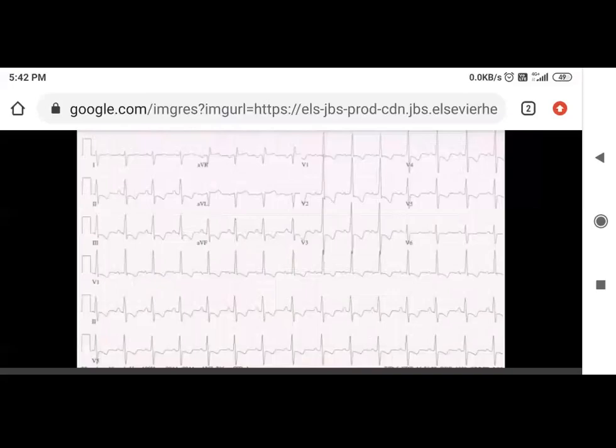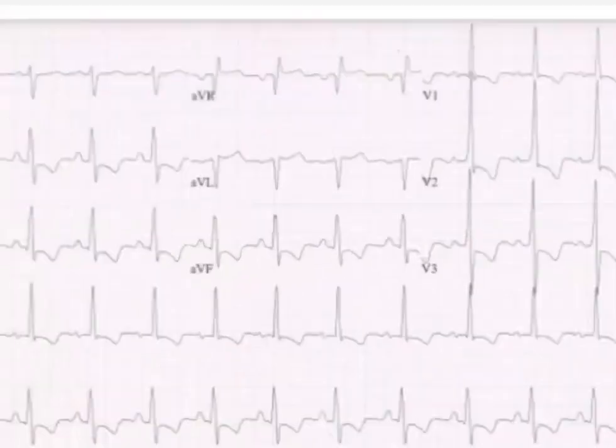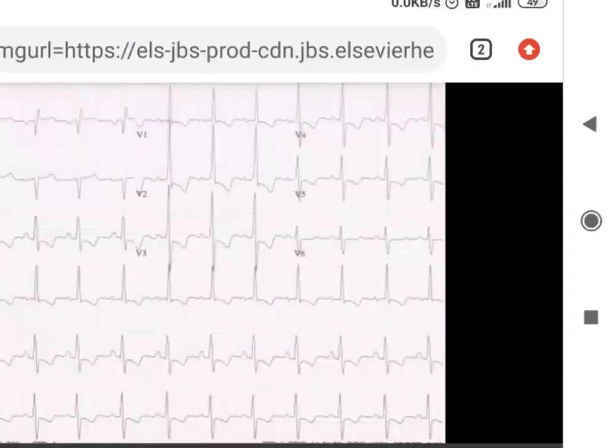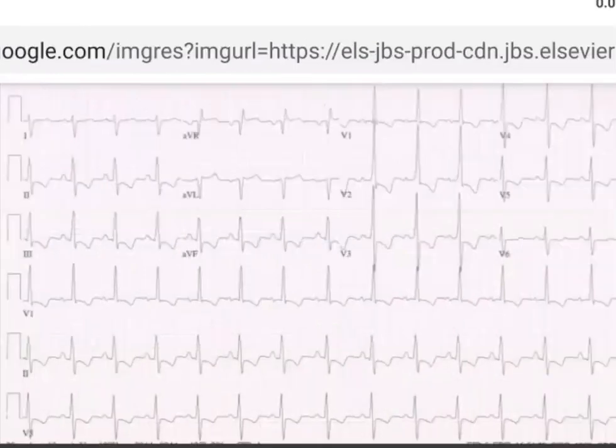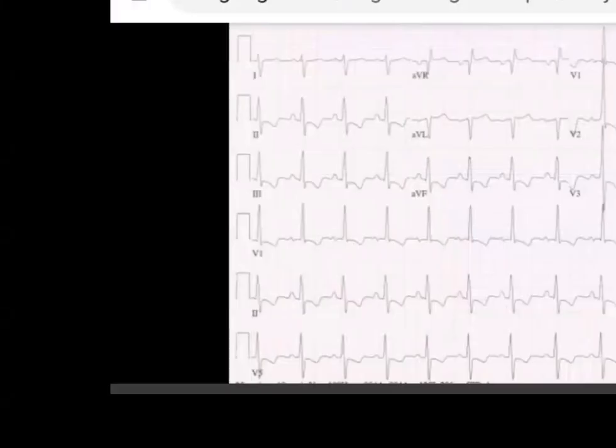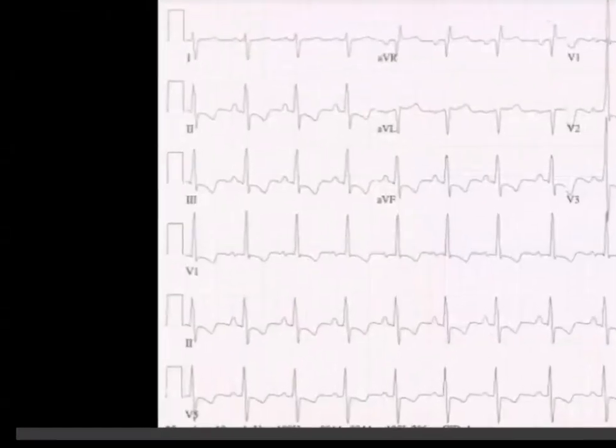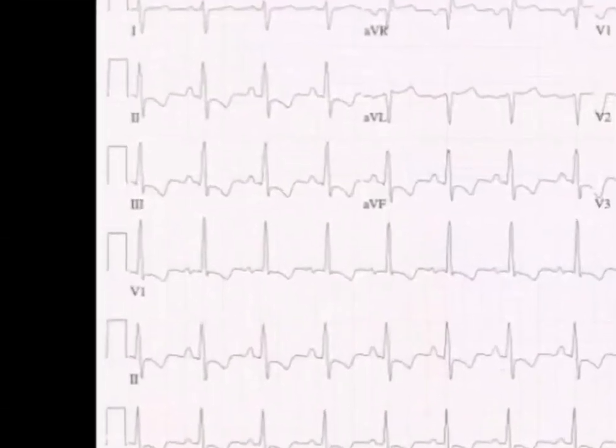Yes, sir. ECG. I have difficulty making it out. You have to rotate it. Rotate it. Excellent, sir. Amit, you have to rotate it. Yes, sir. This is okay. No. Oh, okay, that's better. Okay, very good.